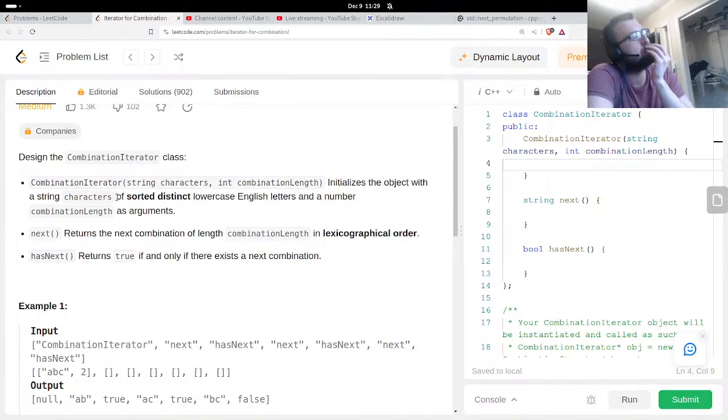Yeah, I think the return values should be all sorted too. And I mean, my first thought is just for loops on top of for loops. Like you basically just have a